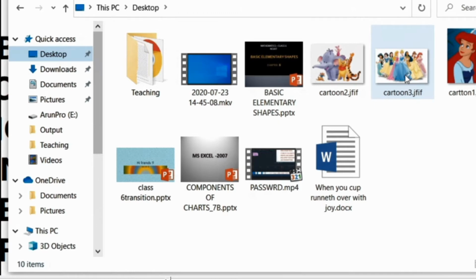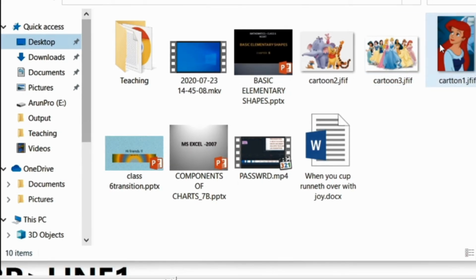So there are two ways to fetch the image name. Directly from here you can see the name is given cartoon3.gif. This is the extension .gif. So you have to copy the name of the image with the extension also. But the best way is to right click on the image, and the last option when you right click is properties.